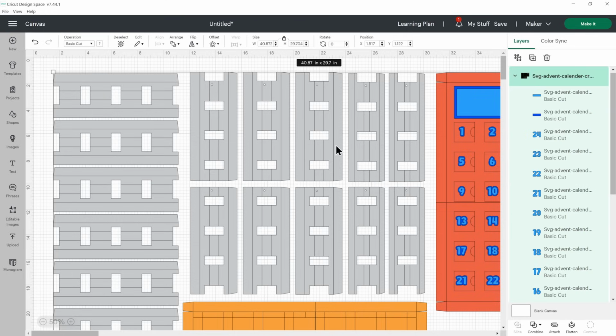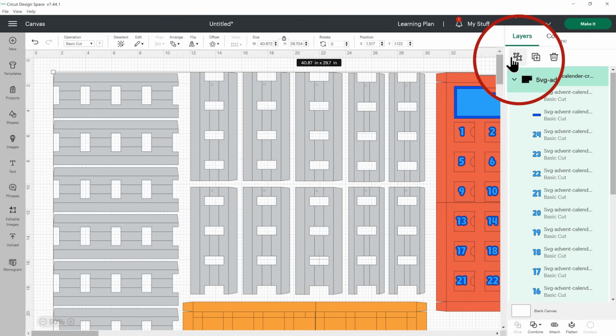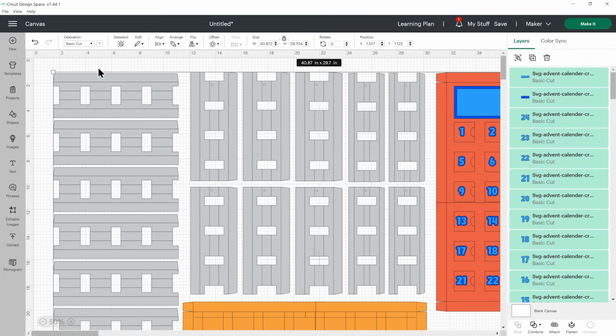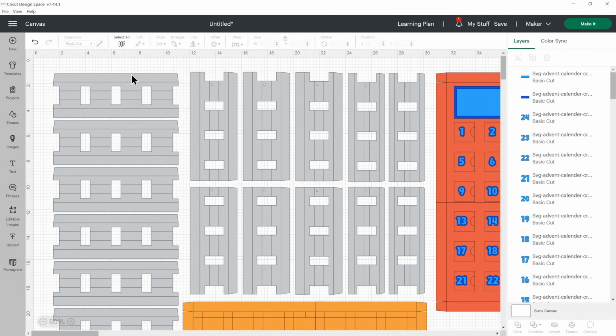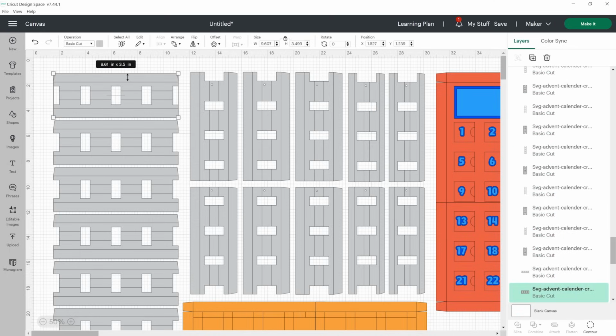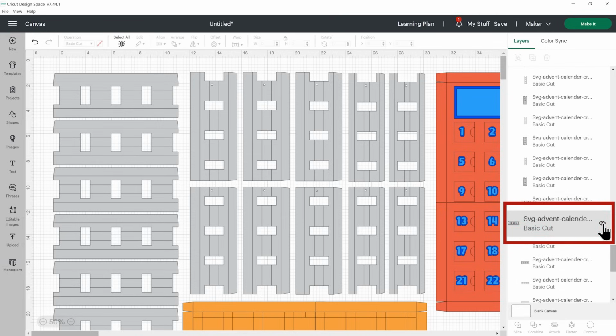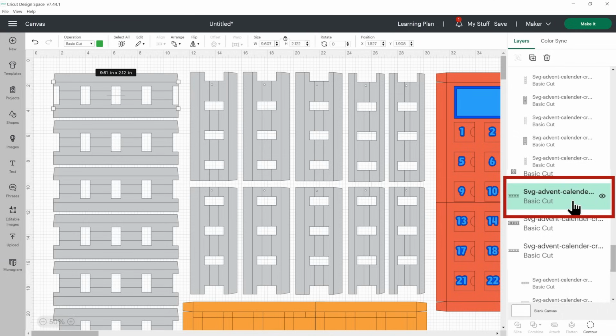Click on the image and then press the Ungroup button at the top of the Layers panel. That will separate things out, so now we can work on them a bit easier. I'm going to click this top grey. And if you look in the Layers panel, there's the grey I've just selected. If I click the eye, you can see that disappears. And then on top of that is another layer. And when I click it, it looks green over here in the colour box.